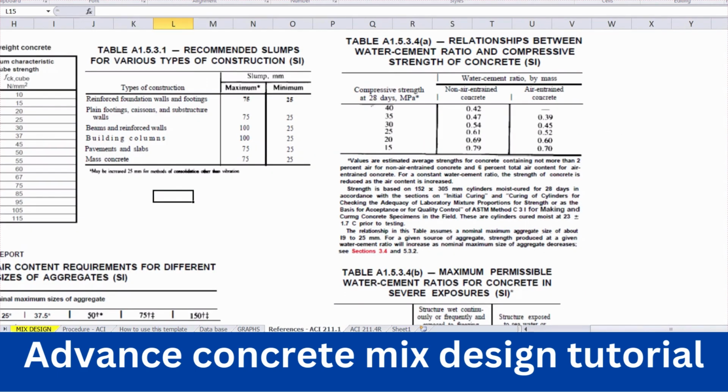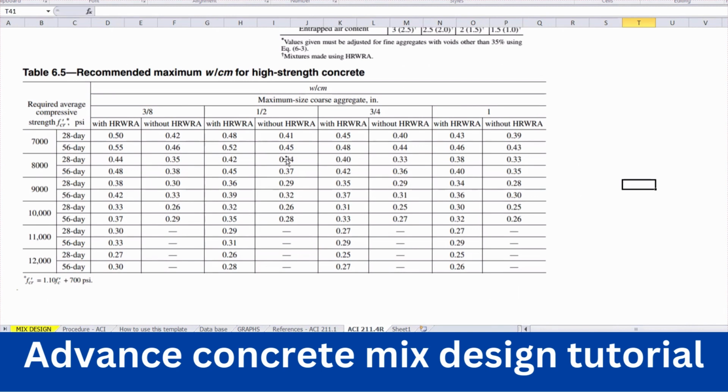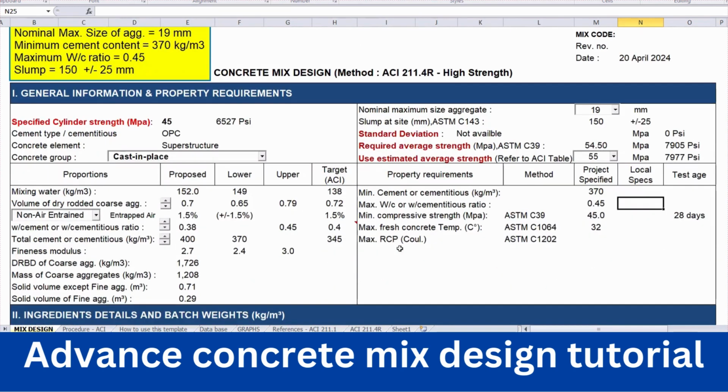So in this table for the high strength concrete, 8,000 psi at 28 days with 3/4 inch or 19 mm aggregates, the water cement ratio is 0.4 as suggested by ACI. This is with the high range water reducing admixture or the superplasticizer. So 0.4, let's write it down here. And of course, again, as per ACI,